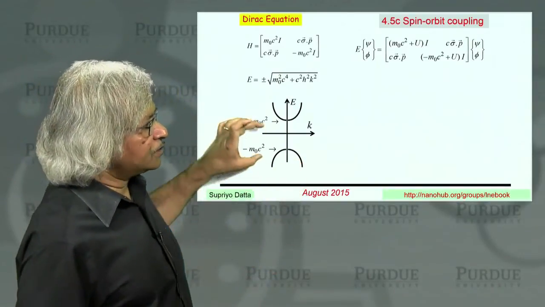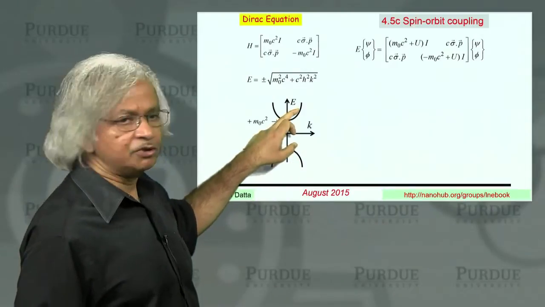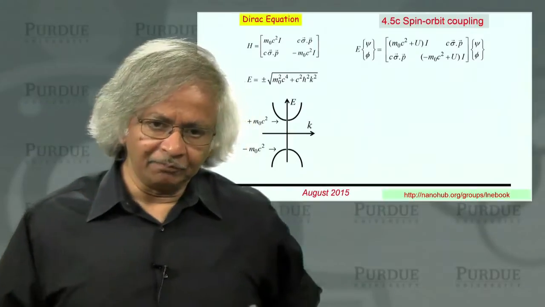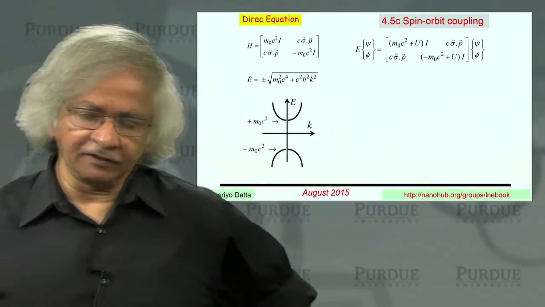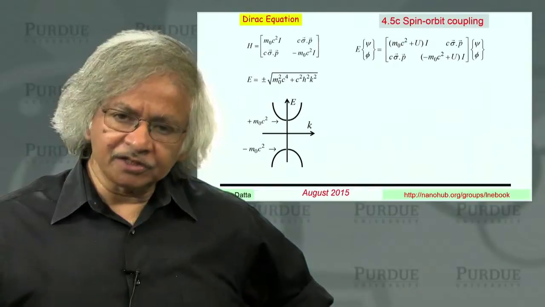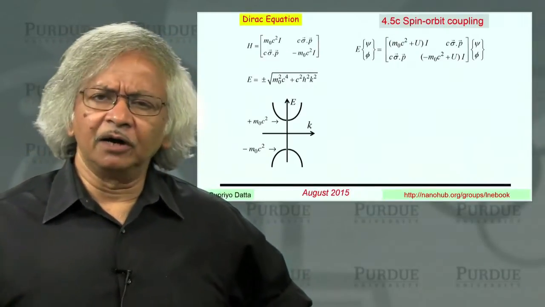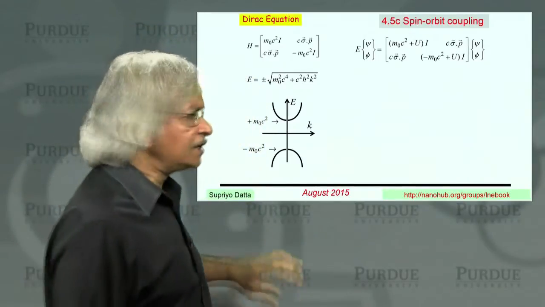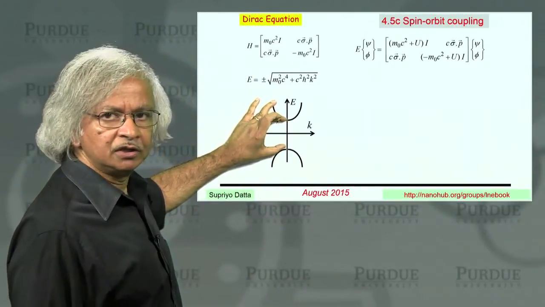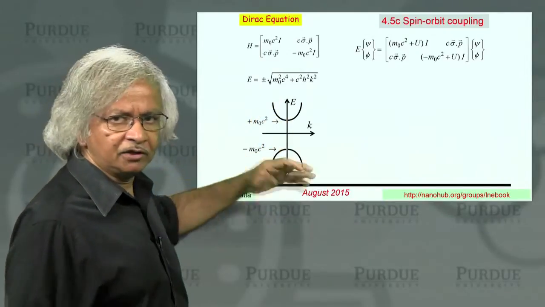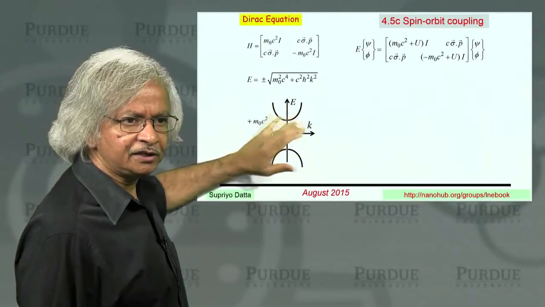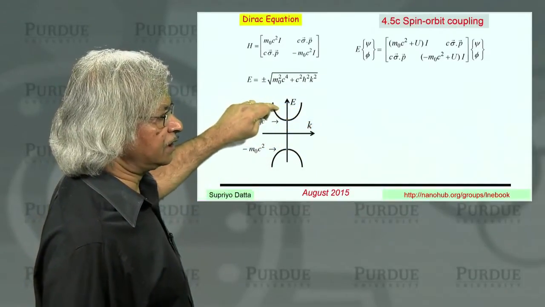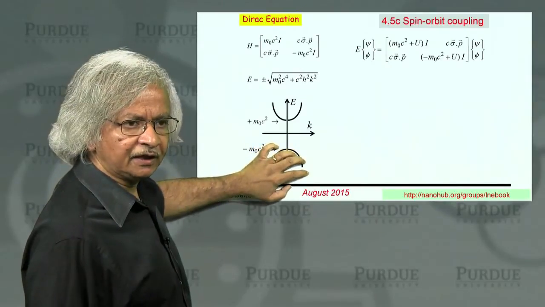But usually, of course, you're not hitting it with light with such huge energies, because mc square, if you work out, putting in the numbers, the free electron mass and the velocity of light, in units of electron volts, would come out to be about 500,000 electron volts. So this is a very huge energy. And so normally you're not hitting it with light with that kind of energy. And so most of the time, all the physics we see is electrons out here. And this is largely sort of filled up.